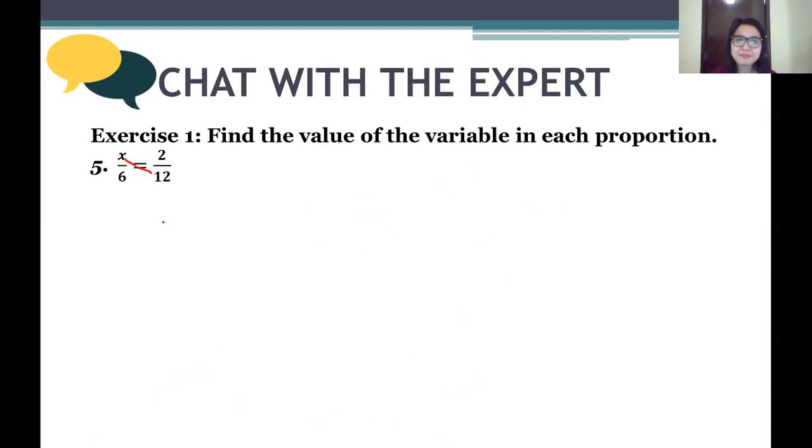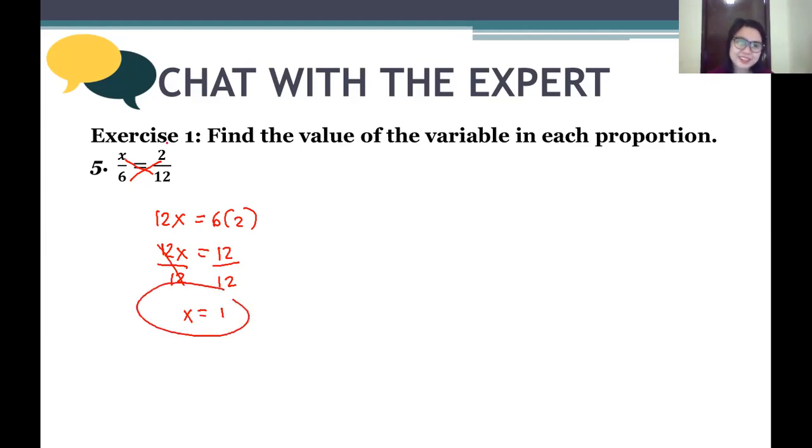Cross multiply. 12x. Cross multiply 6 times 2. So 12x equals 12. Divide both by 12. X equals 1. Practically, just look at this one. 2 over 12 is 1/6. What's missing? 1. Okay, let me first